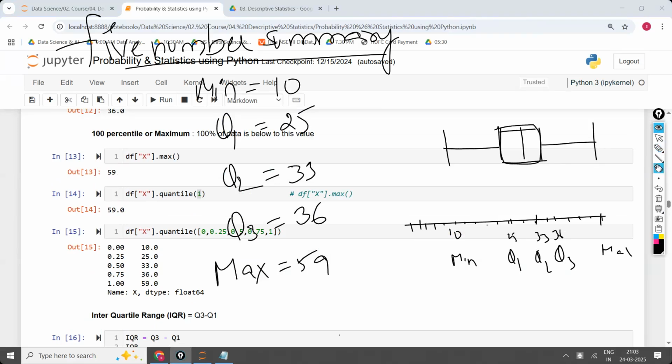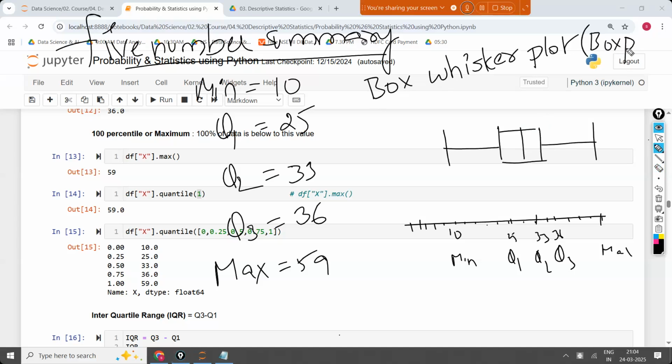Okay. So we are going to draw a box like this, and this is called a box plot, where it is going to represent the 5 numbers. Point is clear? Basically, it is called a box whisker plot, where the center box will be there, and the side extension is whiskers. Box whisker plot. The shortcut is called box plot. Without using the whisker, we call it a box plot.